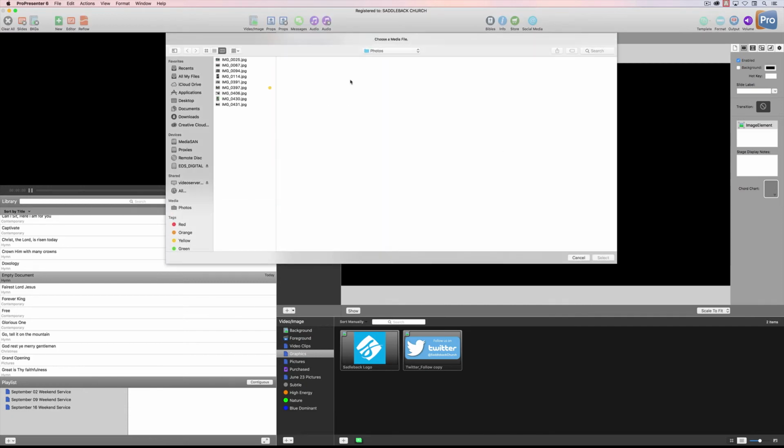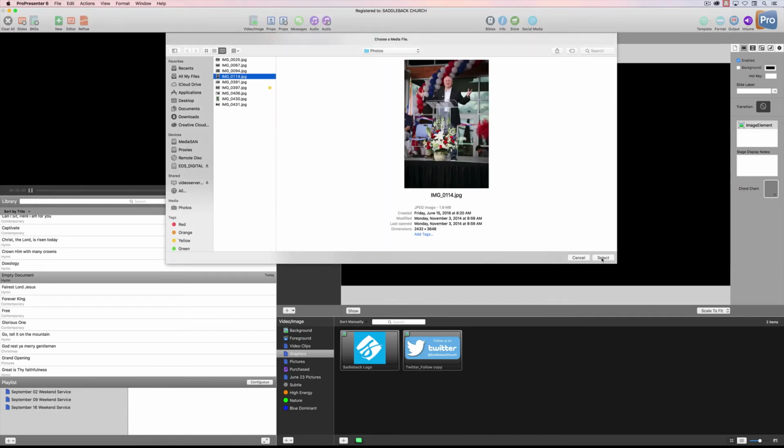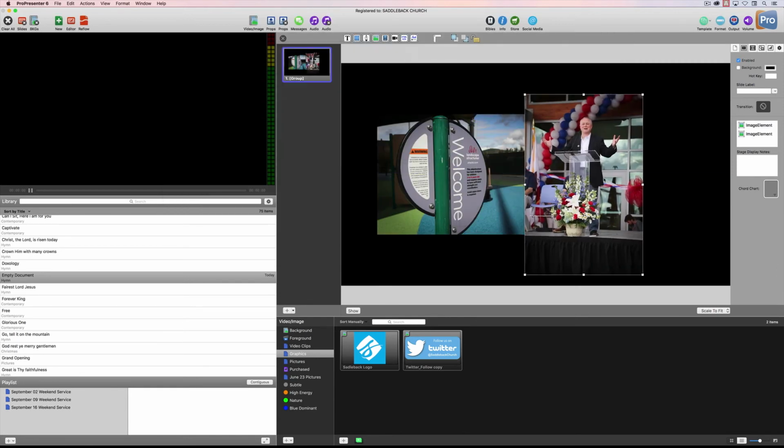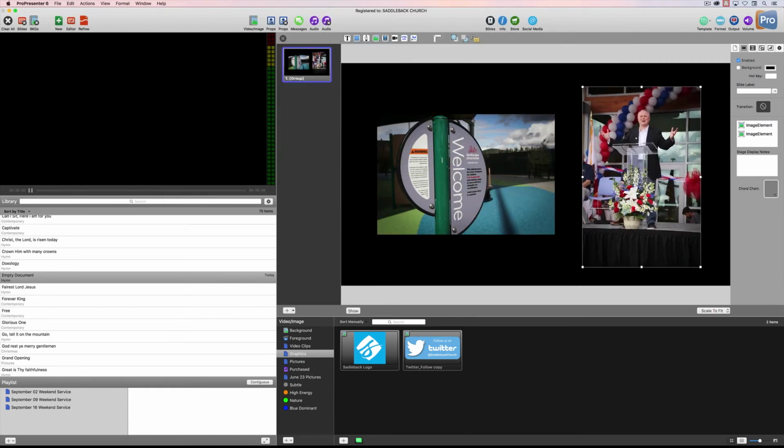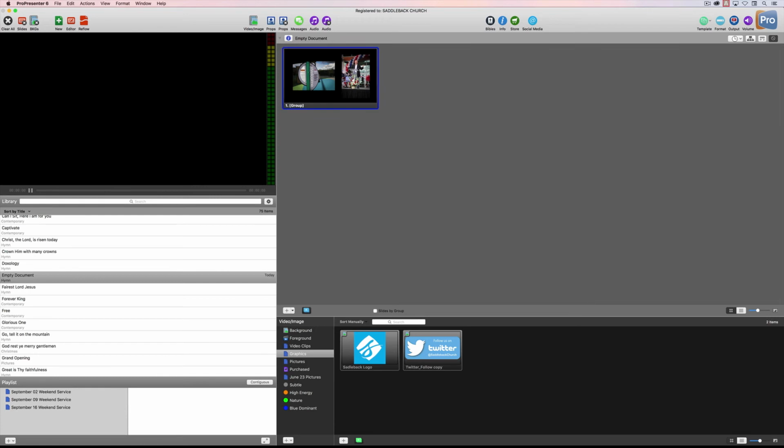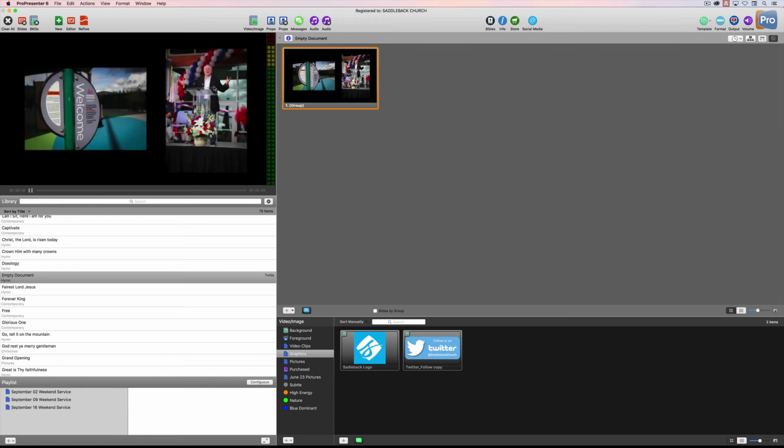I'll import into the same slide real quick a portrait photo, and I'll drag that over, and I won't resize them for now. Again, I talk about that in editing slides part 2, but I think you can get it. If I mouse click on the corner, I can drag and slide and increase or decrease the size. But basically, if I exit this and I click on it, you won't see anything, of course,